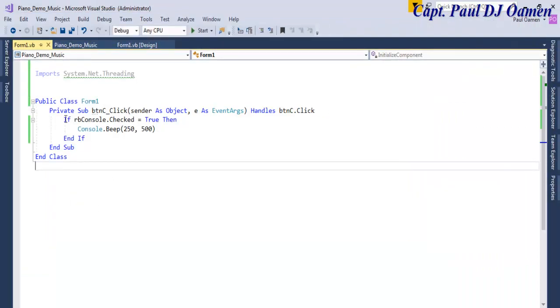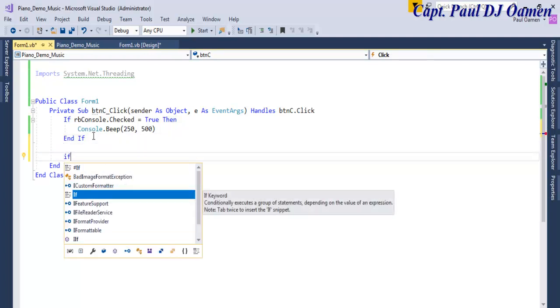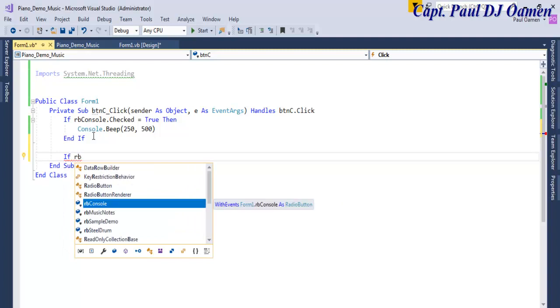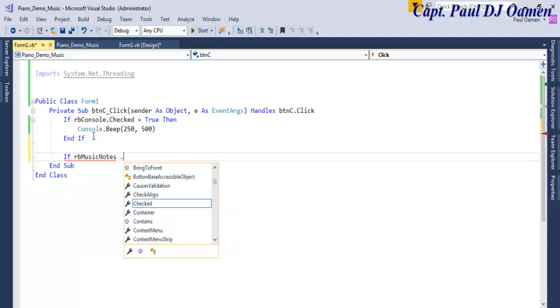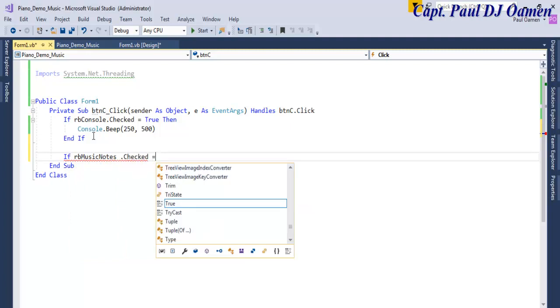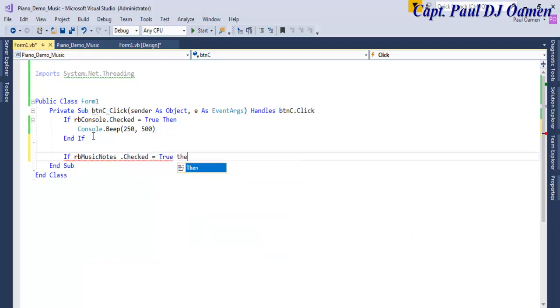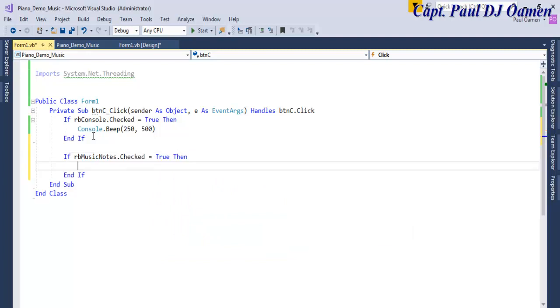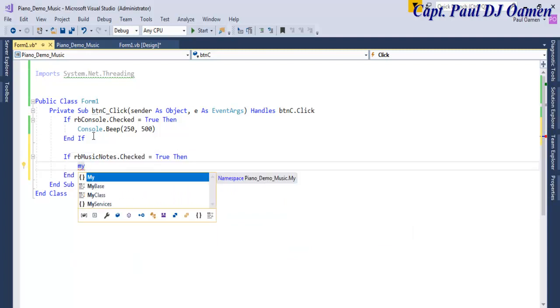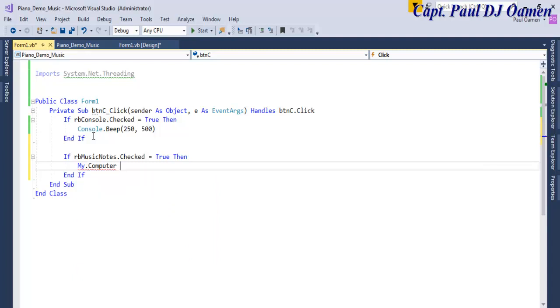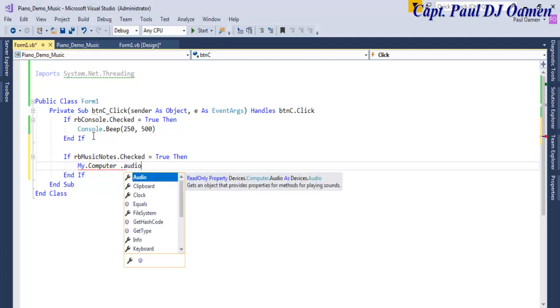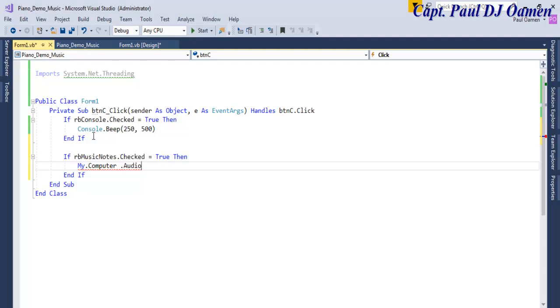Now the next thing is, however, if I select RB music note dot checked equals true, then my system, that is My.Computer.Audio.Play,